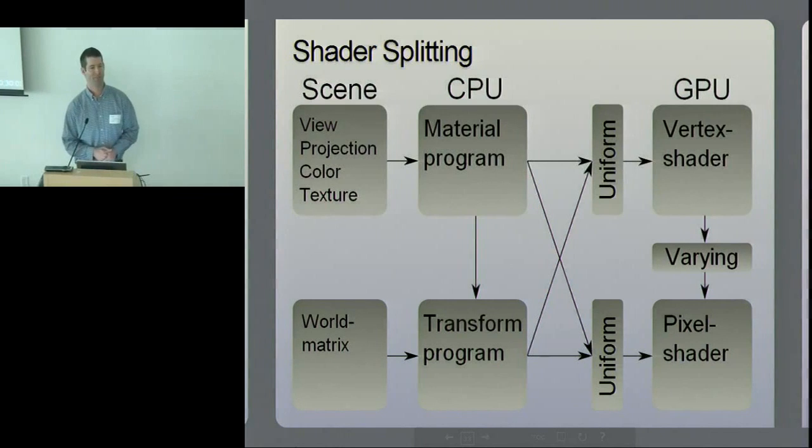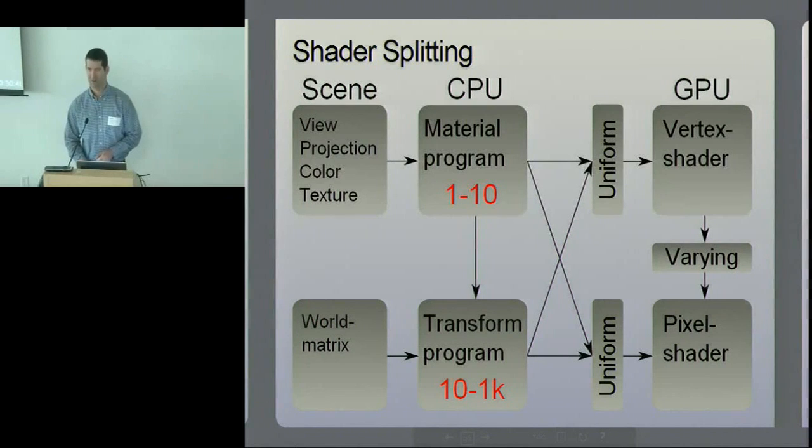Or for example, you have three materials in the scene and 100 objects. Then of course you have more transforms than materials, and that's why it's also the execution count. For example, for a typical scene, you have 1 to 10 materials in the scene, but if you have many objects using the same material, you can have, for example, 10 to 1000 transform nodes, and that's why this distinction is made between material and transform program, and these two programs then transfer their output into the GPU,